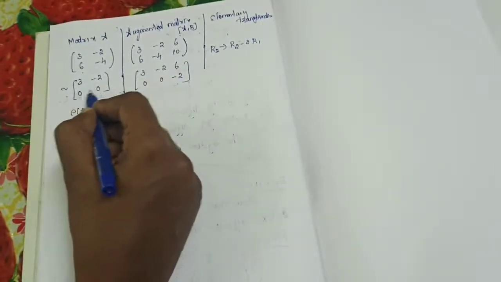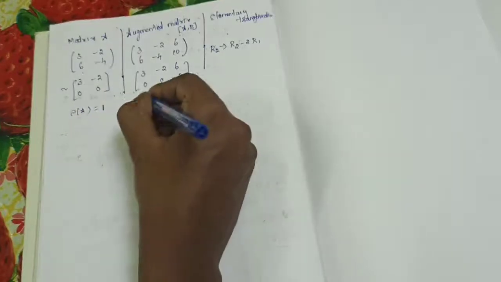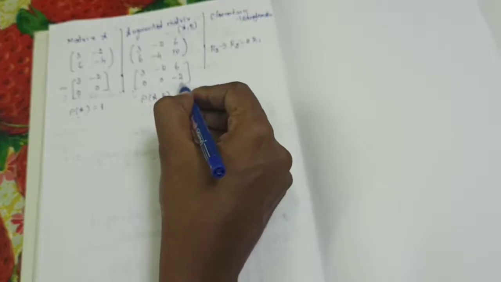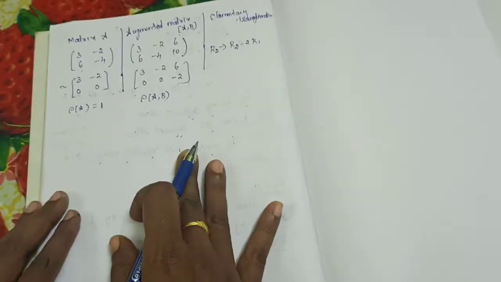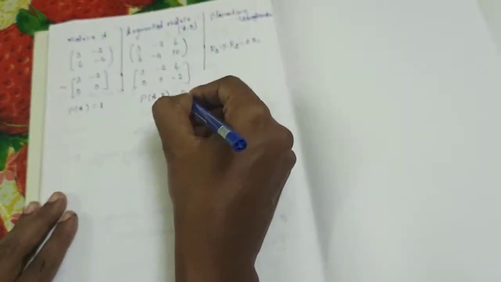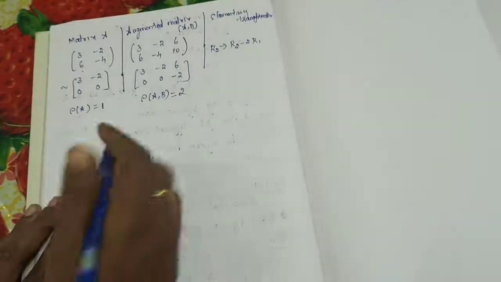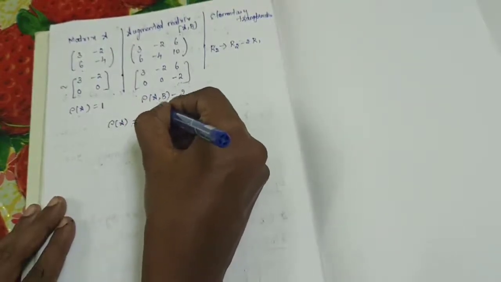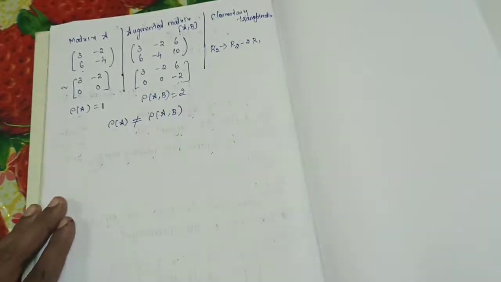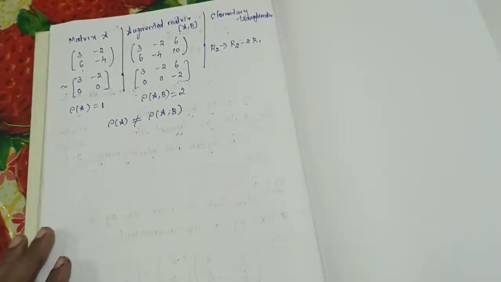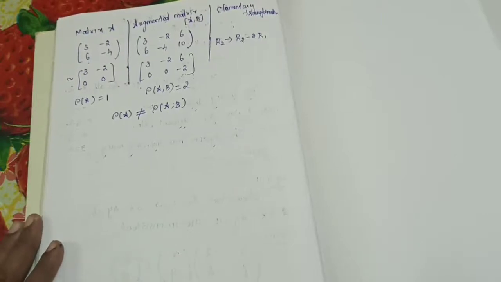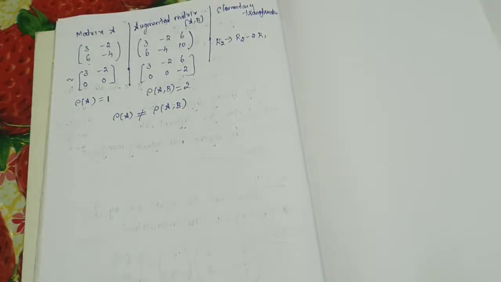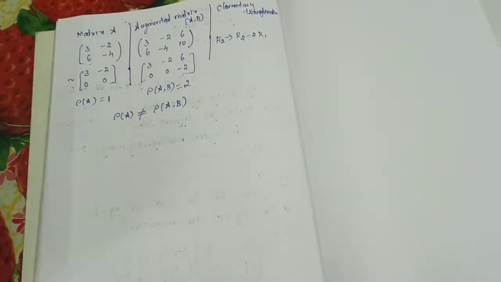Okay. So rank of A is equal to how much? How many non-zero rows are there? Only one. Yes. Then rank of A comma B. Now how many non-zero rows are there? This is also a non-zero entry. Am I right? So this is equal to 2. Now see here, rank of A is not equal to rank of A comma B. Understand? So what's the rule? You know already, is it right?